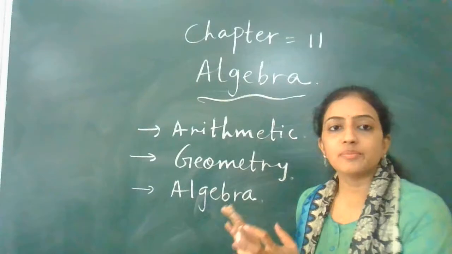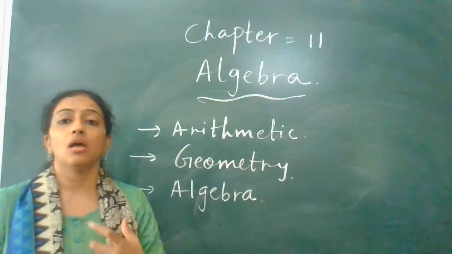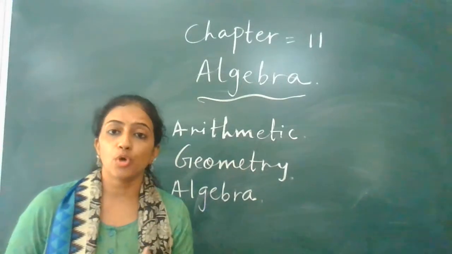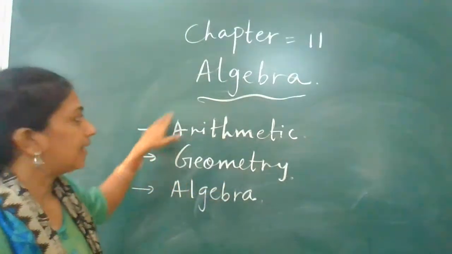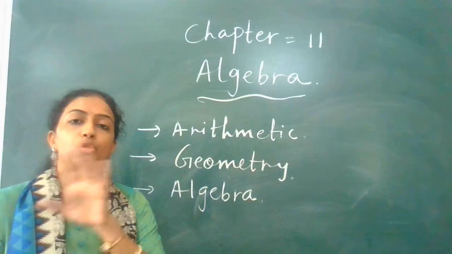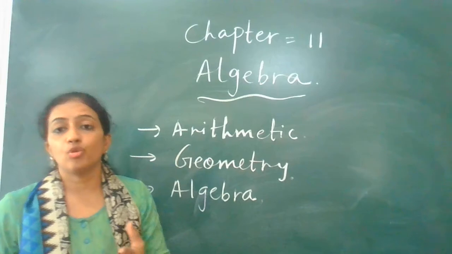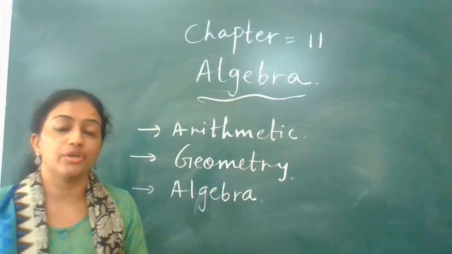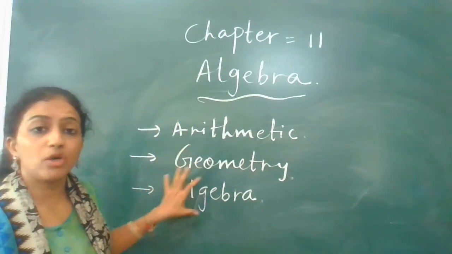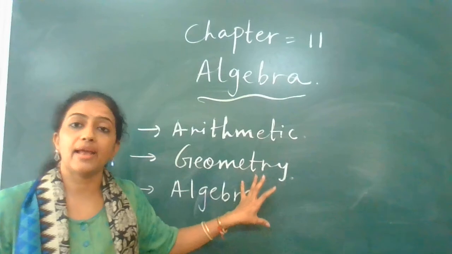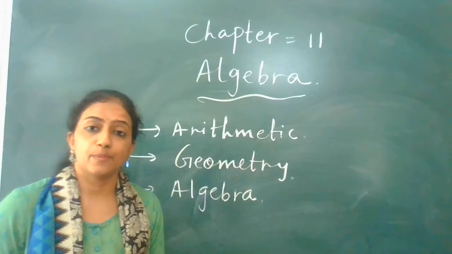So algebra is having its own rules, own terms. So many a times the problem in understanding algebra is you keep on relating it with arithmetic. So if you want to learn it properly and nicely, it means if you want to learn it without confusion, then you don't have to relate it with arithmetic or geometry, because it is a totally different branch of mathematics. Okay, so today we are going to learn algebra.